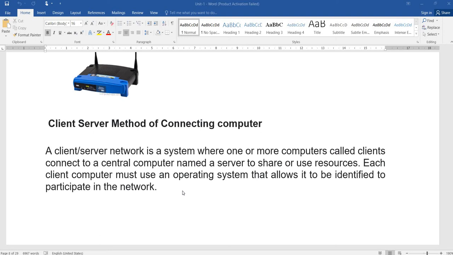A client server network is a system where one or more computers, or one or more network enabled devices, are connected together. One is the server and one is the client. In the client server architecture, the client sends a request to the server and the server replies to the client. That is how they communicate, and it shares the resources of the